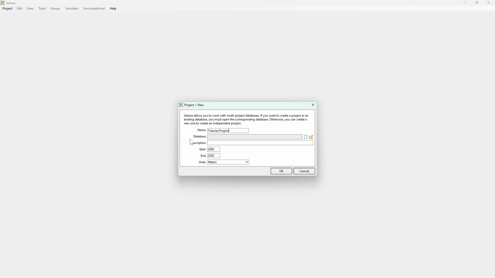Then we need to define if we are going to create a new database from zero or if we want to associate the new project to an existing database. Sahara allows to have multiple projects connected in the same database. You can publish information between different projects and have information that is public to all the projects or private to a single project. We will talk more about that in a future tutorial, but for now, let's just create